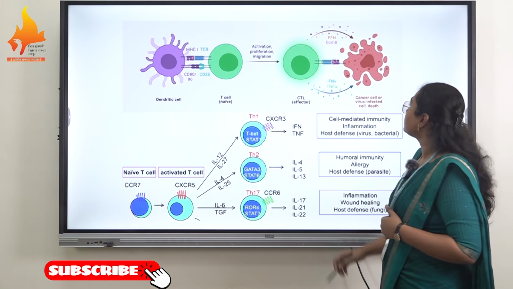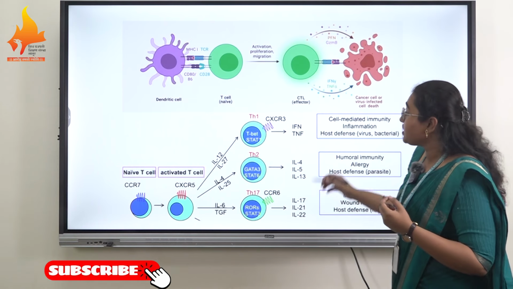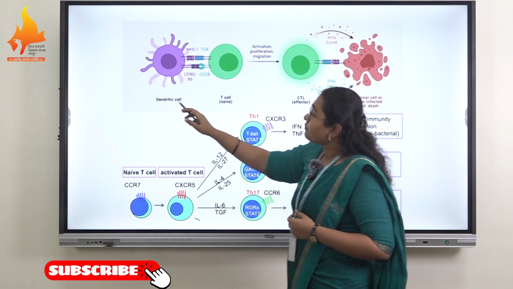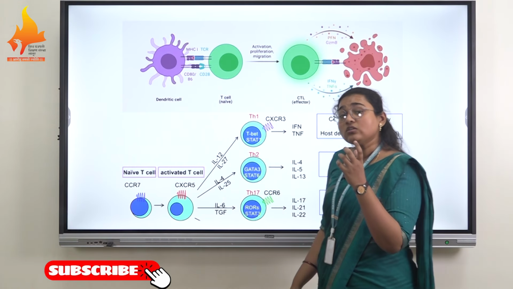For identifying the infected cell, there is also the concept of MHC molecule. But there is a difference in the MHC molecule. The MHC molecule presented on the APC cells, that is antigen presenting cells, is called MHC molecule 2 or MHC class 2. Then the MHC molecule presented on the infected cell is the MHC class 1 molecule. MHC class 1 molecule and MHC class 2 molecule. There is a concept in activation as well as functioning of the T cytotoxic cell.